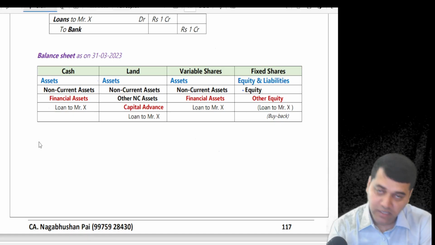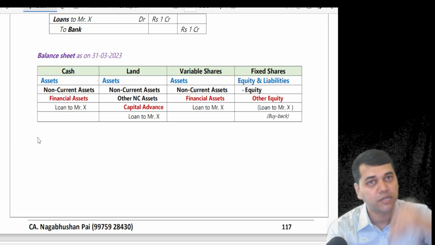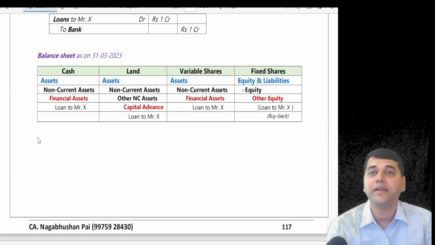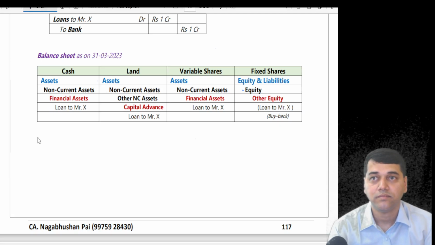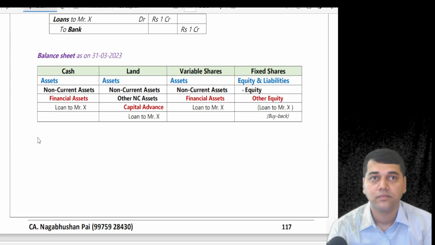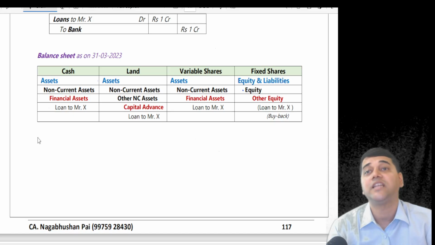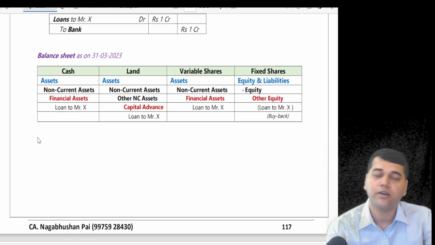Lease is a financial asset, agreed, because it is going to give you a fixed amount of cash, but it is not part of your 109 definition. It is covered by 116. It's called a net investment in the lease from the lessor's perspective. For the lessee, it is a financial liability. But we are going to talk about that. Okay, other than that,